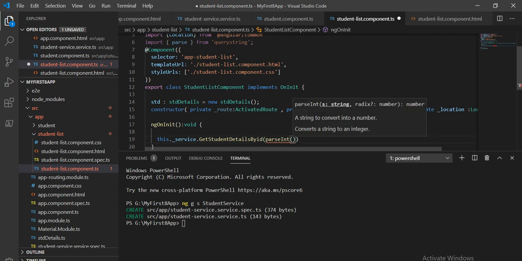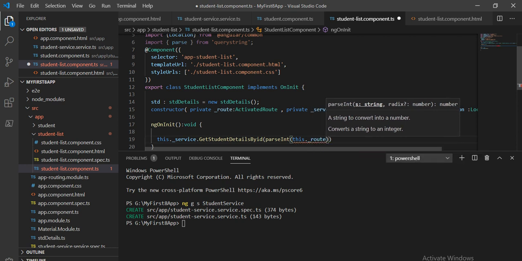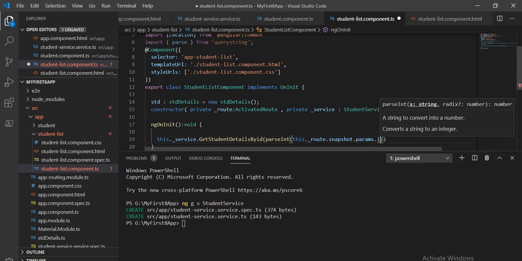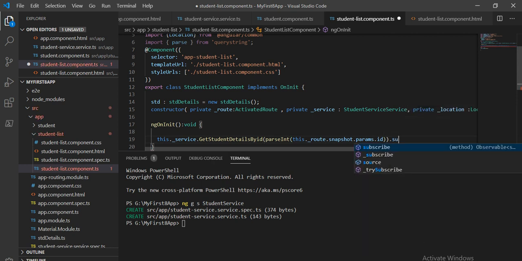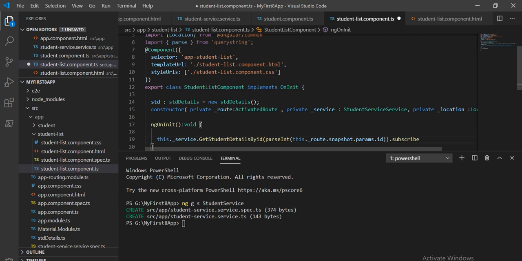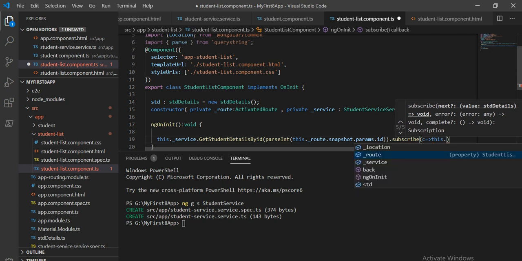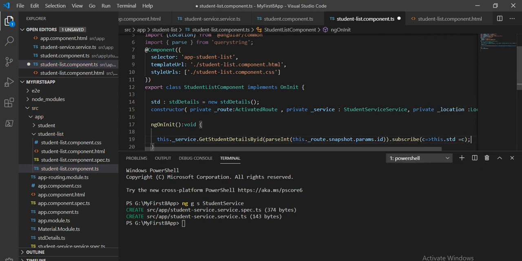Inside this I will take dot route, under this it will come as a snapshot, and how we are going to pass the data: param dot id. That is the way of assigning the data, and then we have to subscribe to it, and the std which we have defined, inside this we will assign the data. So that is the logic which we have to write, like what we have done on this page.